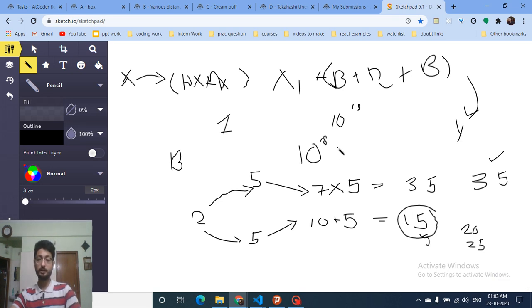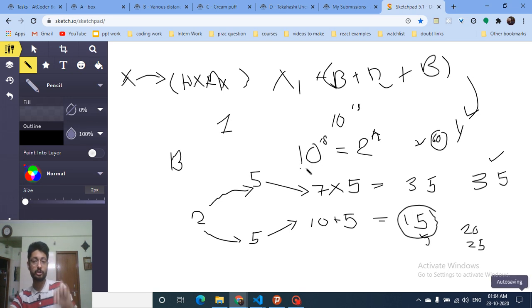But if I just do multiplication only, 1 multiplication, 2 multiplication, 3 multiplication, I will do this n times, which is the smallest one. If I do larger than 2, it will be a very large time, but I will do the smallest one. And if I find out the value of this n, I can take log on both sides, it will be just around 60. And thus 2 to the power 60 is very close to 10 to the power 18. So it means that 60 is very small.